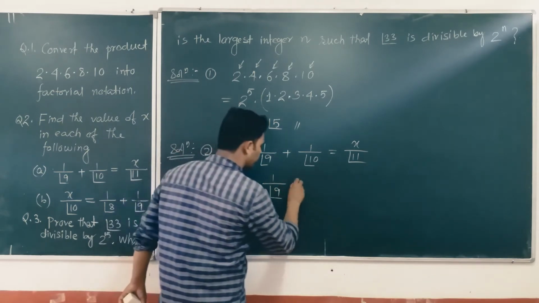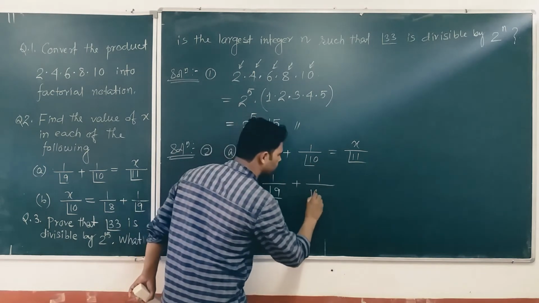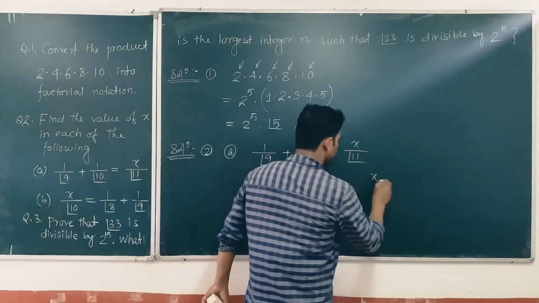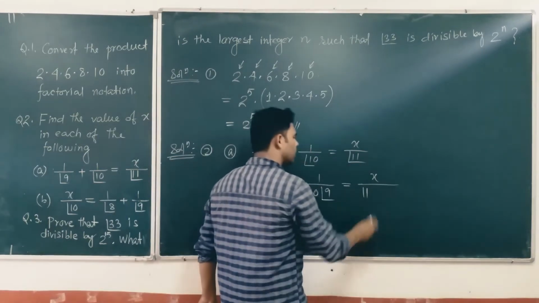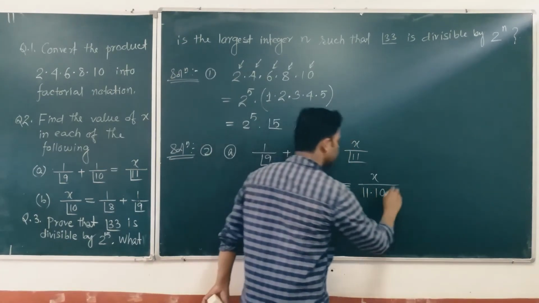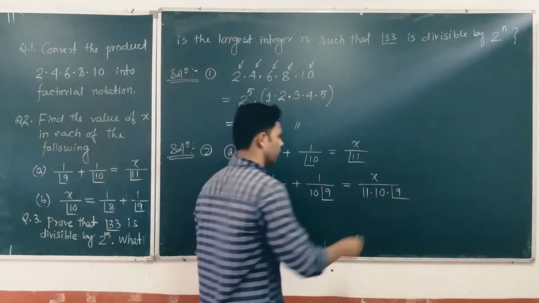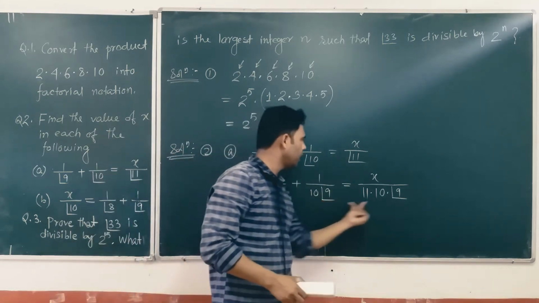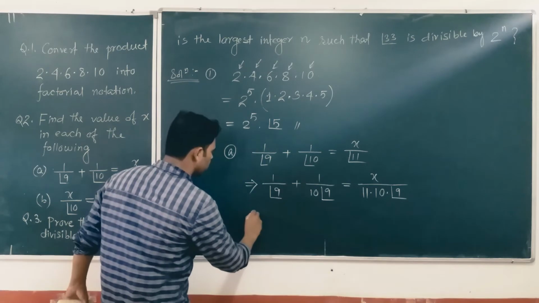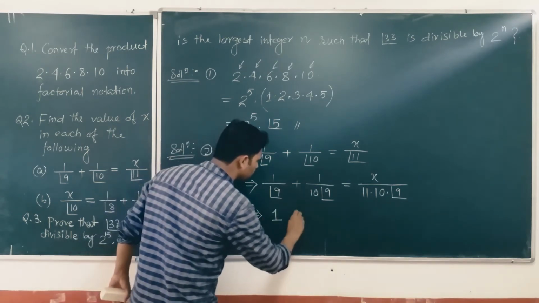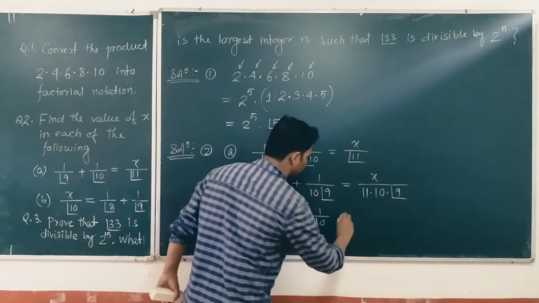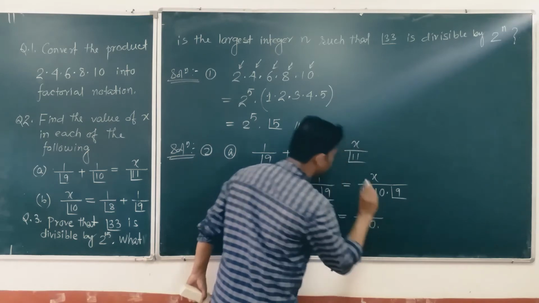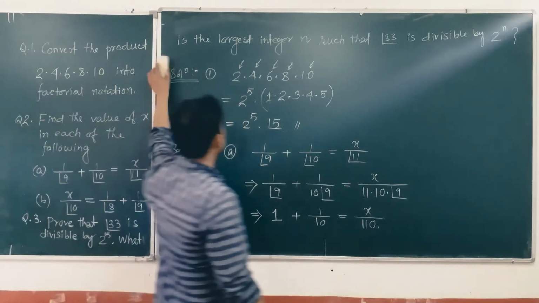1 by factorial 9 remaining same, then plus 1 by factorial 10 can be written as, with 10 taken outside the factorial sign, 10 into factorial 9. On the right side, x divided by 11 is taken away, then 10 is also taken away, so inside factorial there will be 9 only. Now you see from this equation, factorial 9 and factorial 9 can be cancelled out. So it implies 1 remaining, then plus here 1 by 10 remaining, and that is equal to x by 10 into 11, which is 110. And so that implies